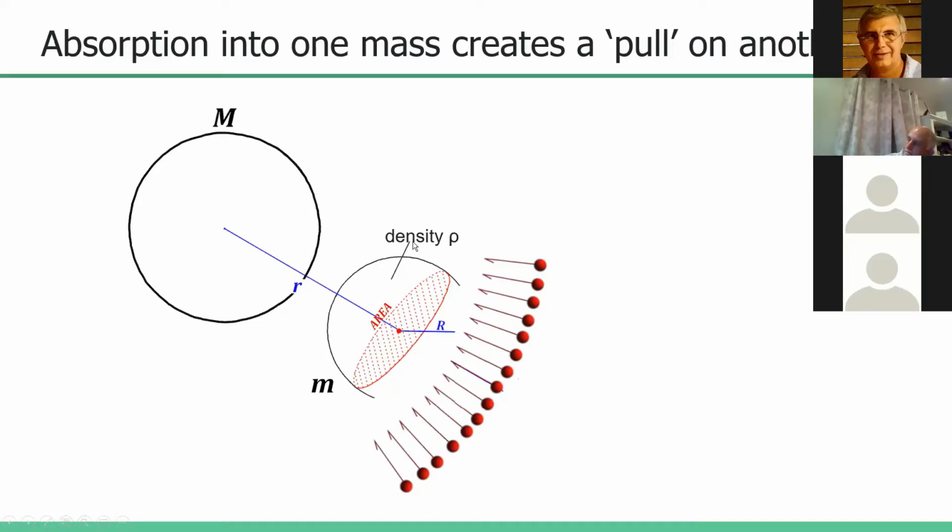So the movement of this mass, for example, the movement of the moon around the Earth is much, much, much slower than the speed of light. And so is the movement of the Earth around the sun, much, much lower than the speed of light. So when the Earth moves forward in its path, it does not have to wait for a photon to arrive from the sun. It's moving into an imbalance that is already there.